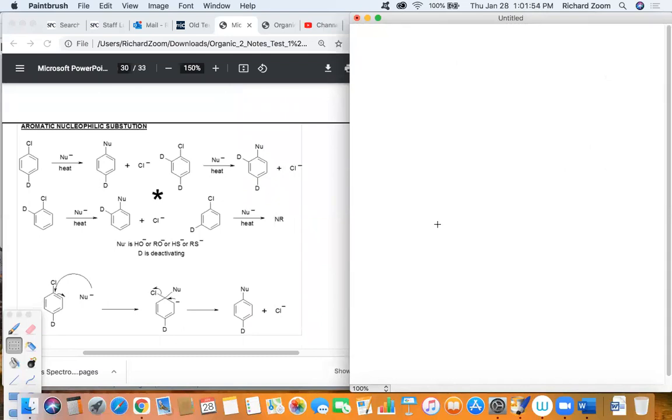All right, let's look at aromatic nucleophilic substitution. Now, aromatic nucleophilic substitution will occur only under specific sets of circumstances. Up to this point, we've been dealing with situations where we've got an electrophile E+ that can attack the aromatic ring, or the aromatic ring really attacks the E+, if you want to look at it that way. But in order to make it so that the aromatic ring will have an attraction to a nucleophile,